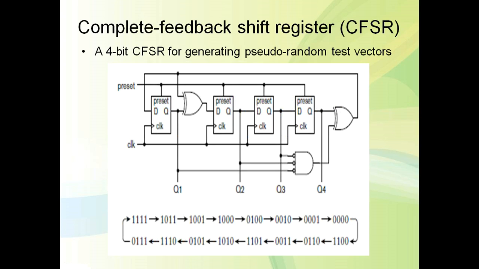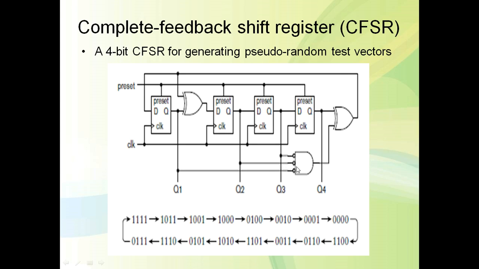Another technique to generate random sequences, pseudo random sequences, is the CFSR. The diagram for the CFSR is as shown in the figure: a 4-bit CFSR for generating pseudo random test pattern vectors. It is again the same as the LFSR, but some modification is there, with an extra